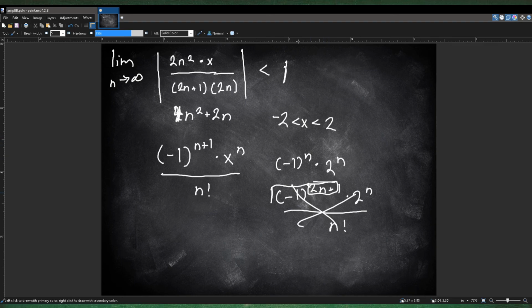But if we have 2 by itself, we have -1 to the n plus 1, and x is equal to 2 divided by n factorial, right? So it's always going to be alternating between negative and positive. So this is true because this is the alternating